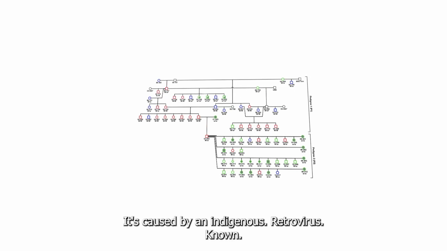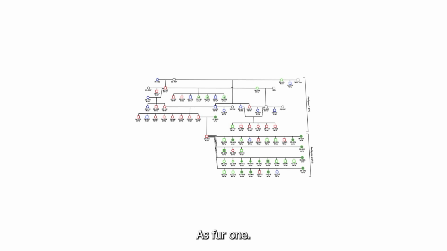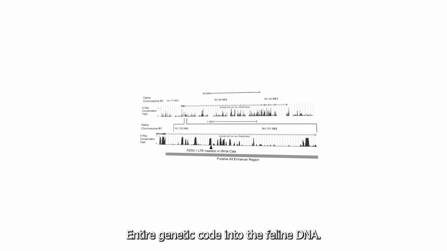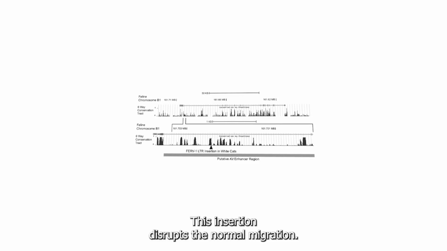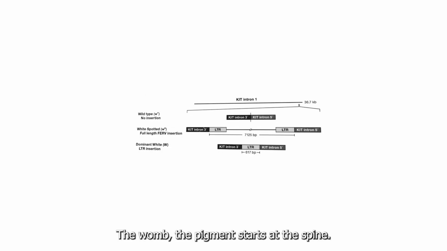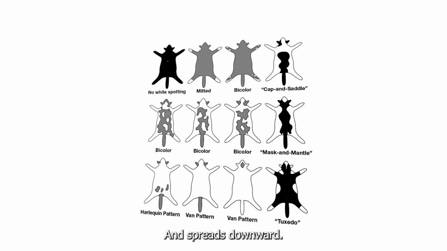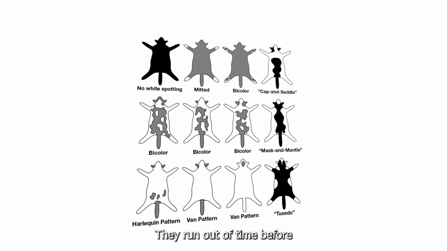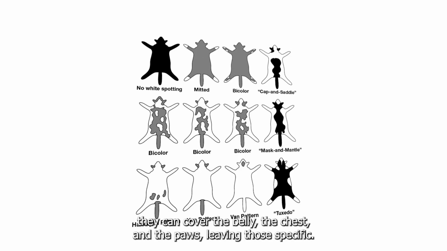It's caused by an endogenous retrovirus known as FERV1. Thousands of years ago, a virus inserted its entire genetic code into the feline DNA. This insertion disrupts the normal migration of pigment cells called melanoblasts while the kitten grows inside the womb. The pigment starts at the spine and spreads downward, but the retrovirus slows the cells down. They run out of time before they can cover the belly, the chest, and the paws, leaving those specific areas